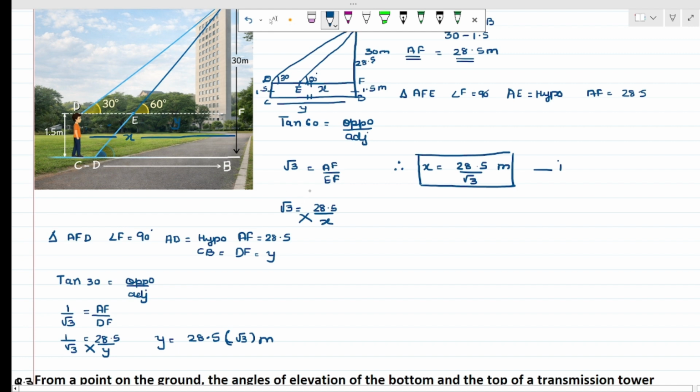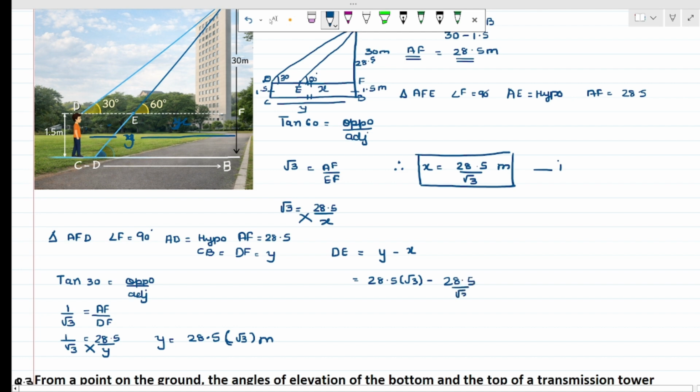So how can you find your DE? Just as earlier I said, you just need to subtract your X from Y. So subtract it, and you get your DE. DE will be equals to Y minus X. That means, what is my Y? My Y is 28.5 under root 3 minus